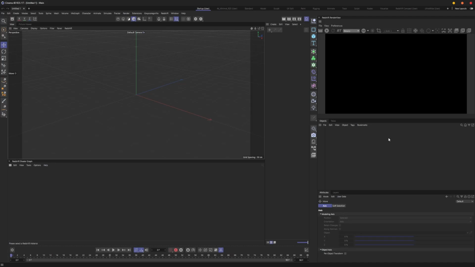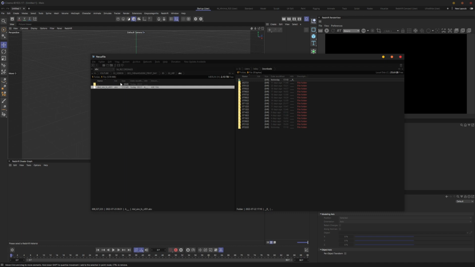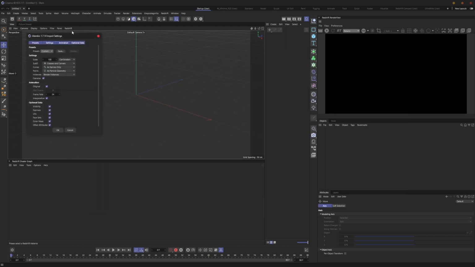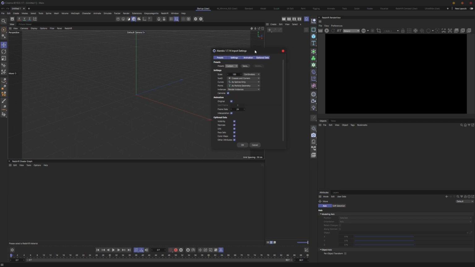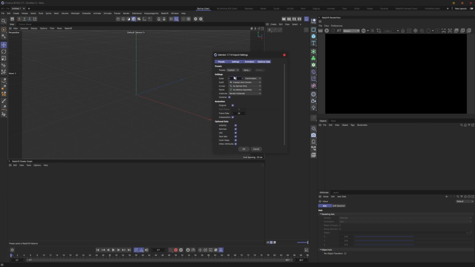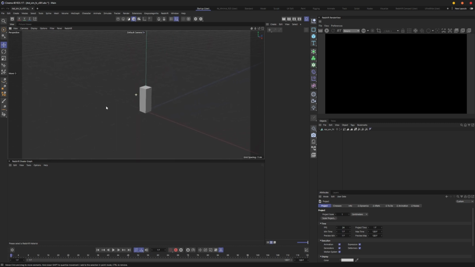Okay, so here we are in Cinema, and I'm going to bring in my RBD sim that we did. So we just click and drag. One thing to note is the scale factor. That's something that's very important. By default it's going to be 1, but you want a scale factor of about 100. I know it sounds crazy, but you want to bring it in by a scale of 100, because if you don't, and I would just leave it at 1,